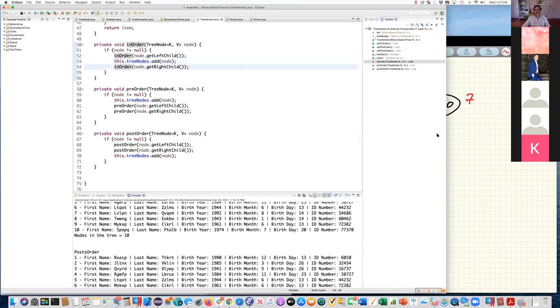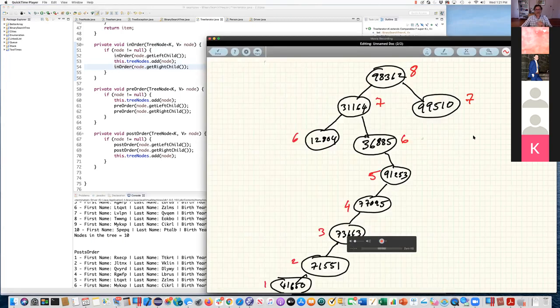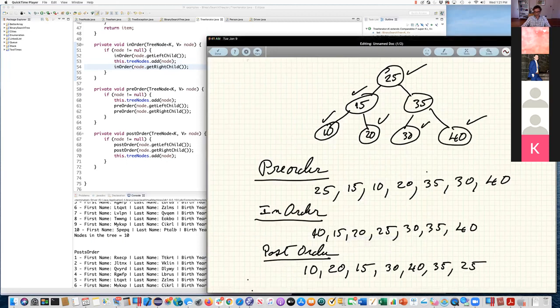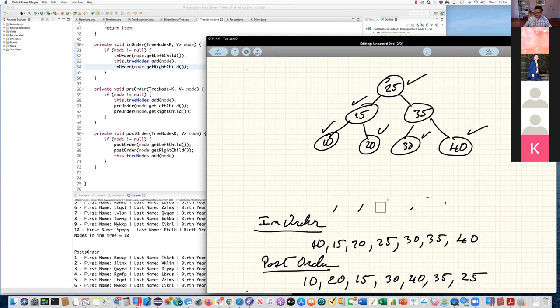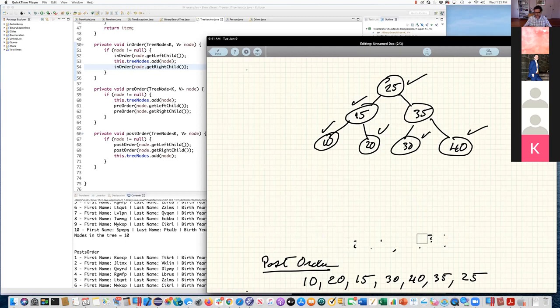Okay, so how does that work? On this tree, let's pick one that makes it a little bit easier. Duplicate this page and let's do that together. I just want to make sure that we understand how this is working. I'm going to show you the call stack and the recursion and how that looks, and therefore how things get printed out.